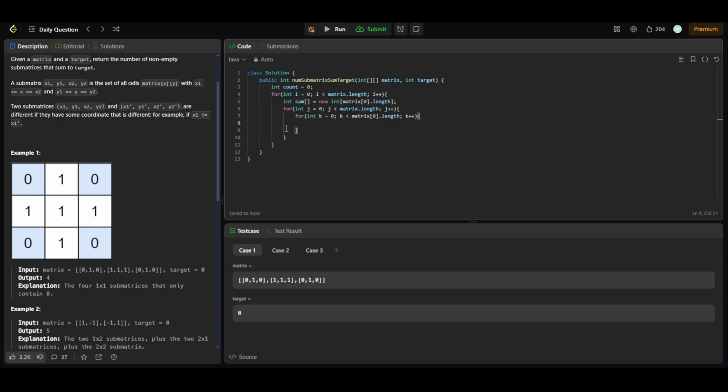Oh, okay, sorry, I made a mistake here. It should be j equal to i. So in the kth index of the sum we will be storing sum[k] equal to matrix[j][k]. In this way we'll be storing a sum, and after this for loop we'll be calling the function